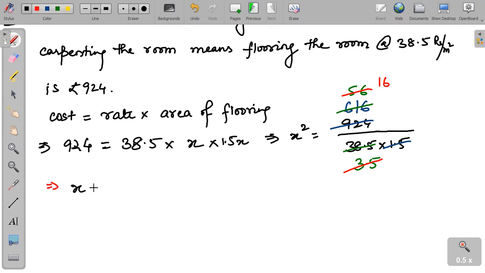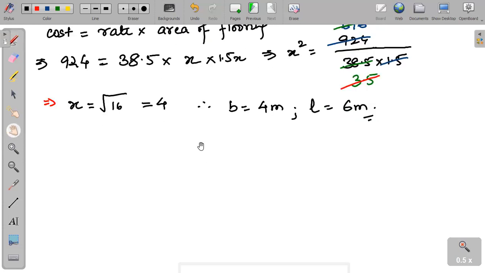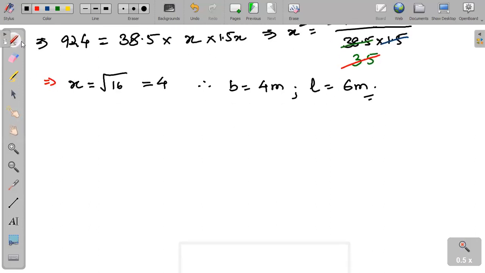x is equal to root 16 that is 4, therefore B is equal to 4 meter and L is equal to 6 meter. दो डायमेंशंस पता चल गया हमको। दूसरी चीज इसमें दी हुई है, the cost of papering wall and it has one door and two windows. ठीक है,